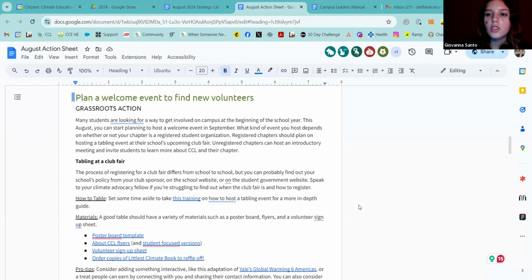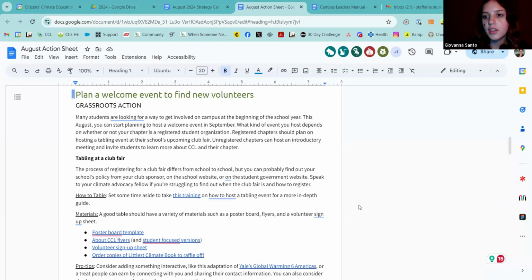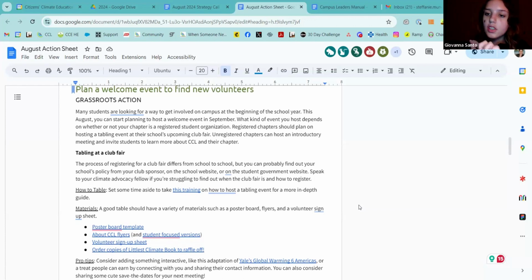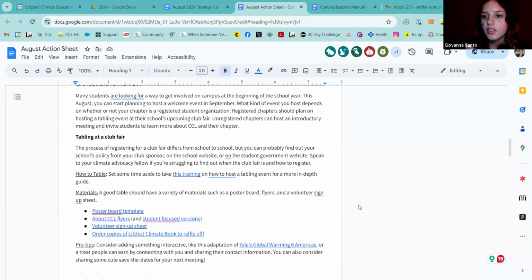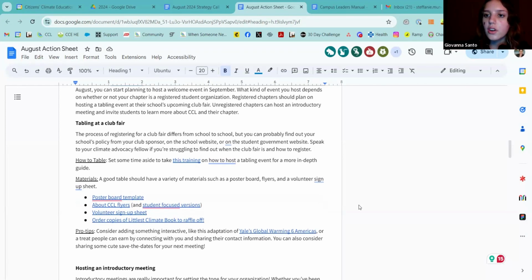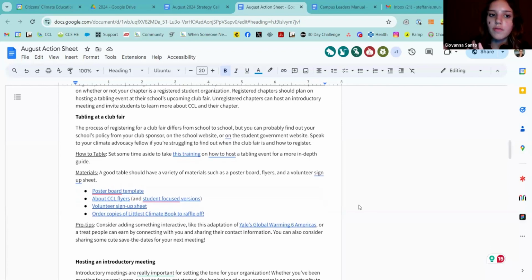So we made sure to include another way to get involved if you aren't registered. But basically, the two main ways we included for students to host a welcome event to find new volunteers is, one, a tabling event at your school's club fair, and two, an introductory meeting.